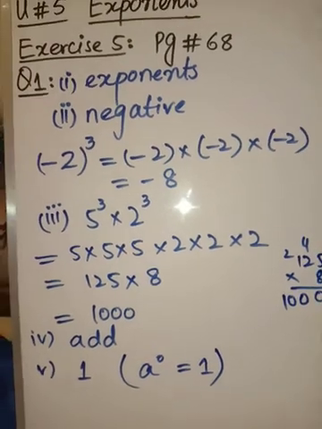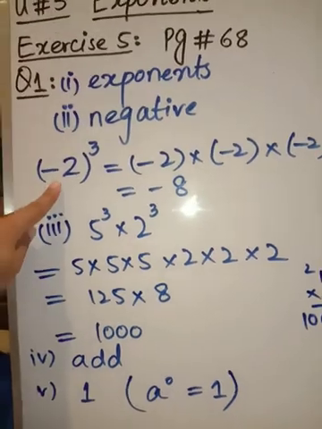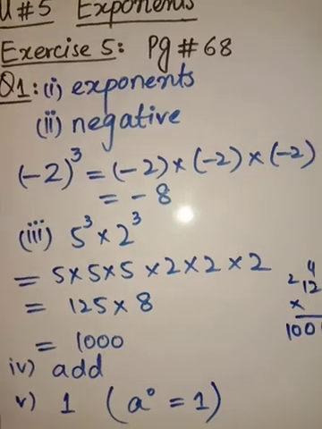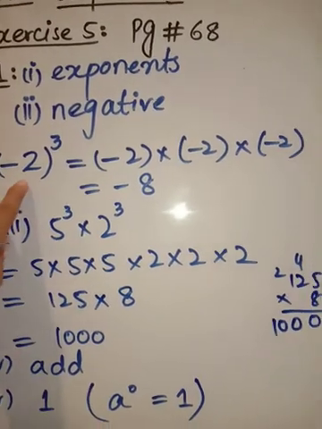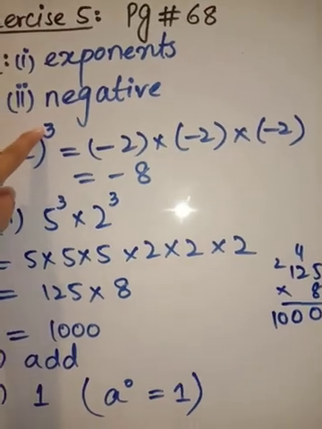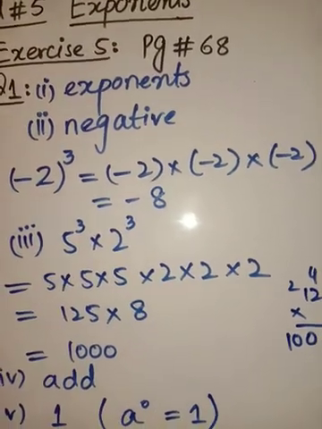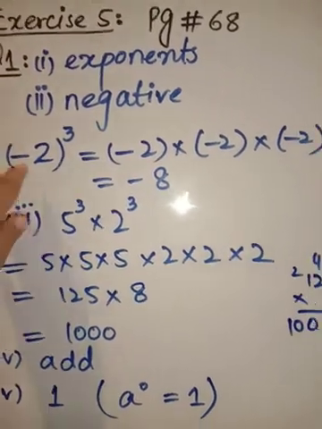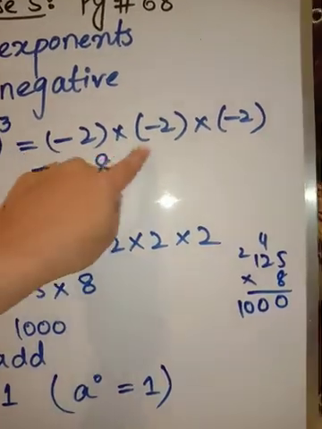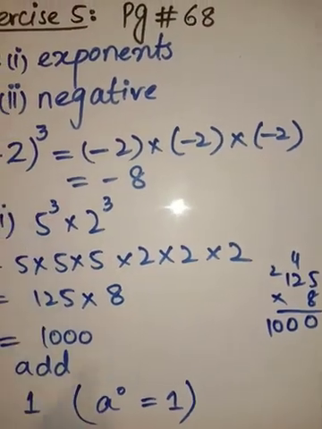The question is, a negative base raised to an odd number means we have a negative base raised with the power of an odd number. 3 is an odd number, so we have a negative base. The answer will be negative because whenever we have an odd number in power, then we will write minus. Understand, minus in power, we have learned it earlier also. So minus 2, 3 times, because there is power of 3, so write minus 2, 3 times. 2 2s are 4, 4 2s are 8, and minus because the power is odd.